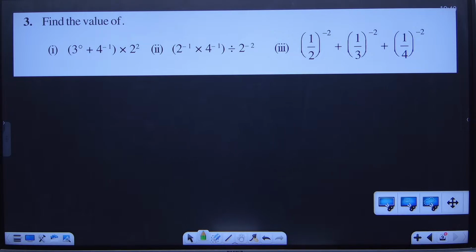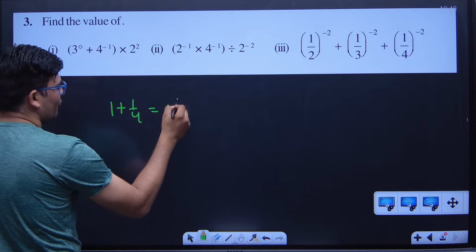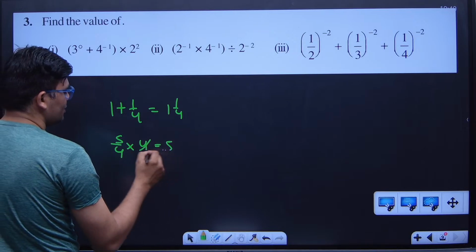So first, sir, you take the laws and revert them. Anything to the power of 0 is 1. Very good. So it'll be 1 plus 1 by 4 into 4. What will that be? It'll be 2 by... wait, 1 second, sir. Come on. 1 plus 1 by 4 is not 2 by 4. You have to take the LCM, my dear. Yeah, that's why I said hold on. See, 1 plus 1 by 4 is as good as 5 by 4. So this is going to be 5 by 4 into 4. So the answer will be 5.